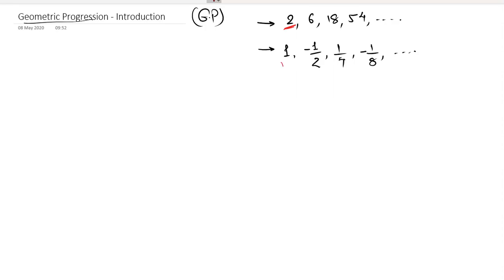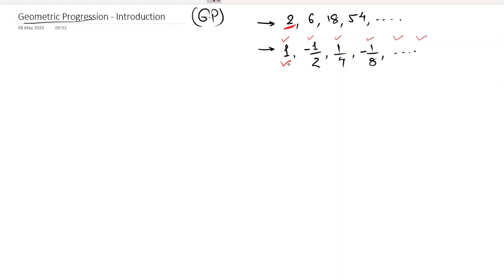Can you guess what is multiplied here in the second sequence? Here also something is getting multiplied. This is definitely not an AP. Can you think of a reason why this is not an AP? Because in an AP, if the first term is positive and the second is negative, then the third must be negative. But the third one is positive. Then the fourth one is negative. Then positive. Then negative. So alternate positive negative terms is also an indication of a sequence which is known as GP, geometric progression. And what is the reason behind this?